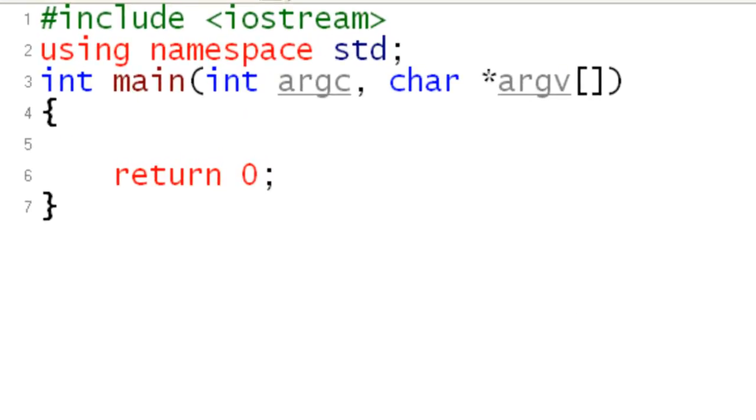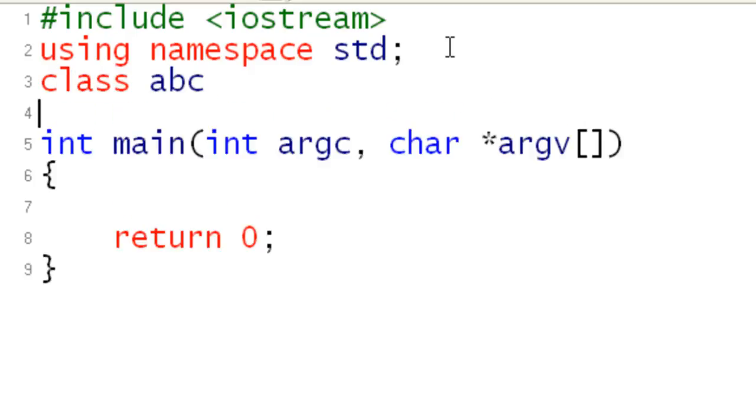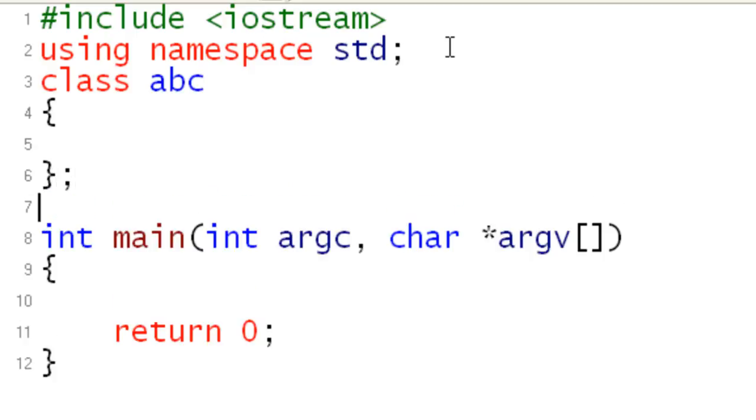Dear students, today we're going to learn about this pointer. What is this pointer all about? It's better to do some example because learn by doing is a better way to learn. So let's make a class here, say ABC. I'm making a class, and now I want to create an object of type ABC